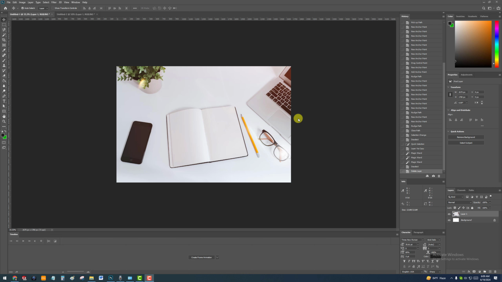Hello guys, in this video I'm going to show you how to cut out an object from an image in Photoshop. I already have an image opened in my stage of Photoshop. On the left-hand side you see a phone image. We will cut it out from the original photo. So let's begin. I'm zooming in